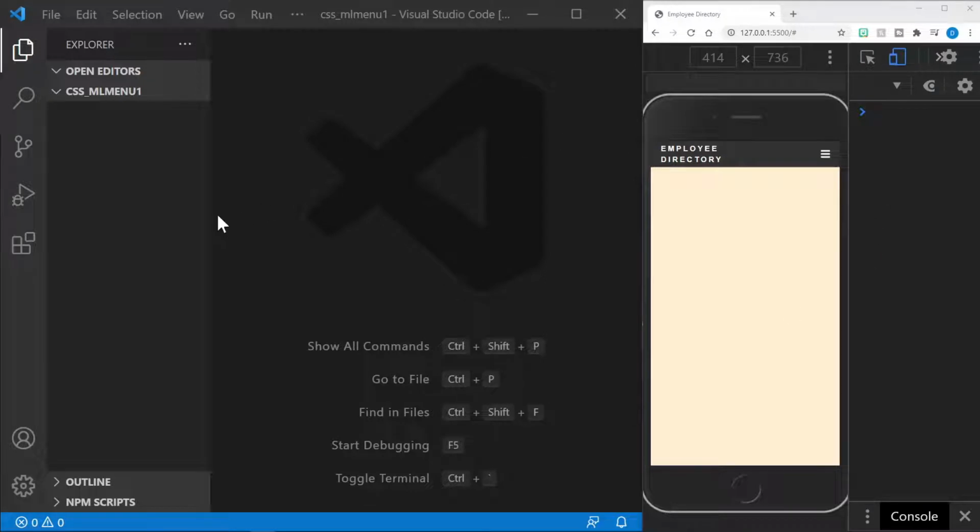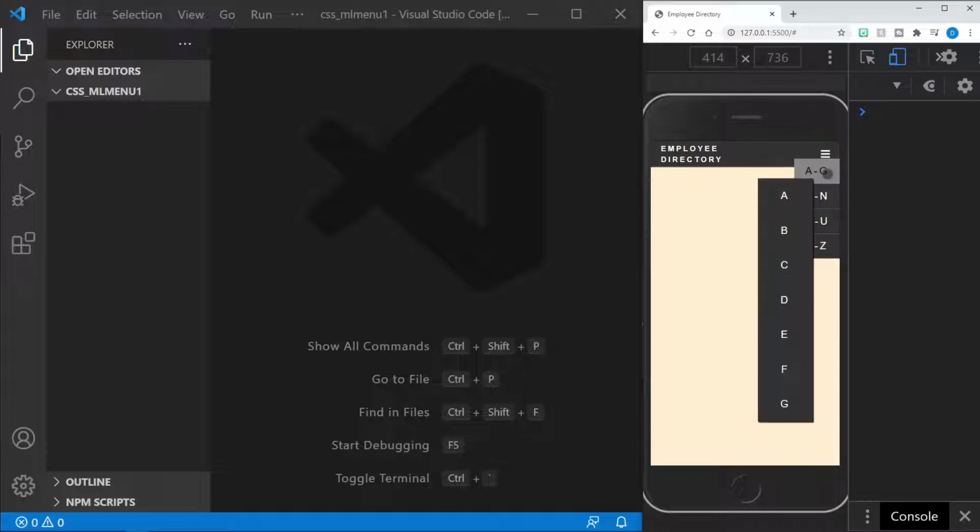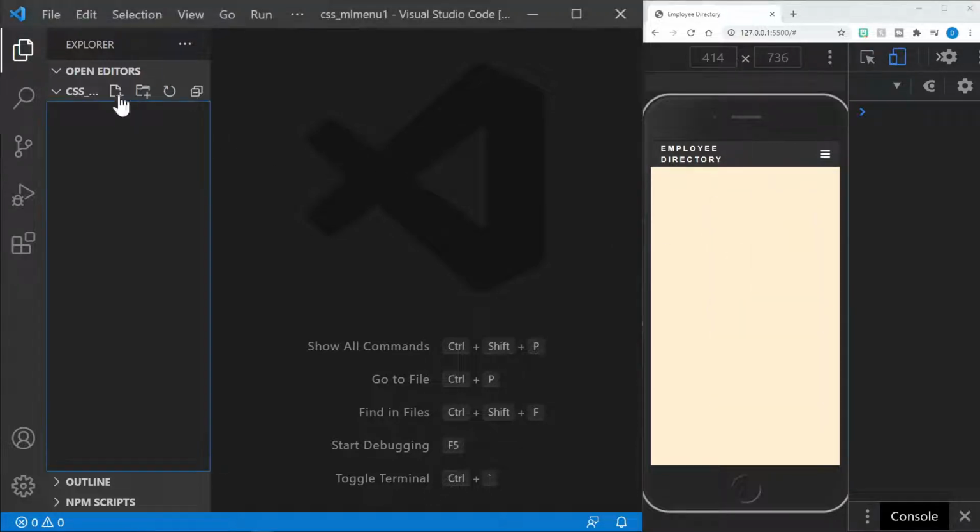I have a new folder opened in Visual Studio Code. On the right, we have our finished product in mobile view, and you can see we'll open the menu. We get four sections, letters A through G, H through N, and so on. If I click one of those sections, then we get the submenu of each individual letter. I click that and we get the names that begin with that specific letter. And so let's begin over here by creating an